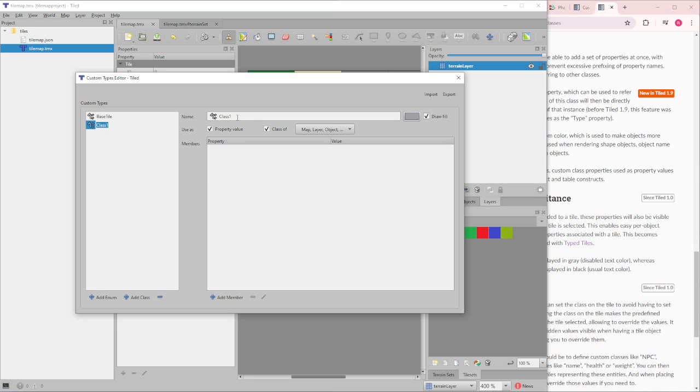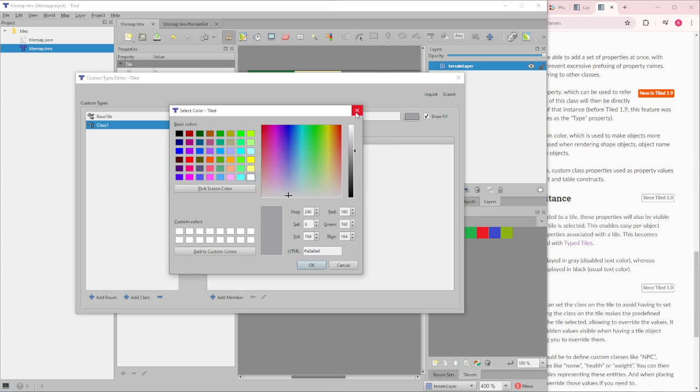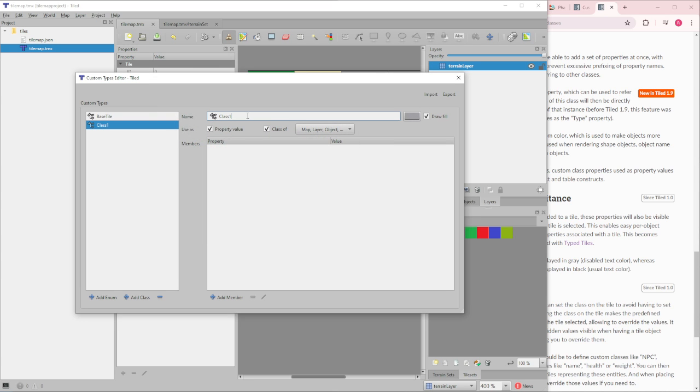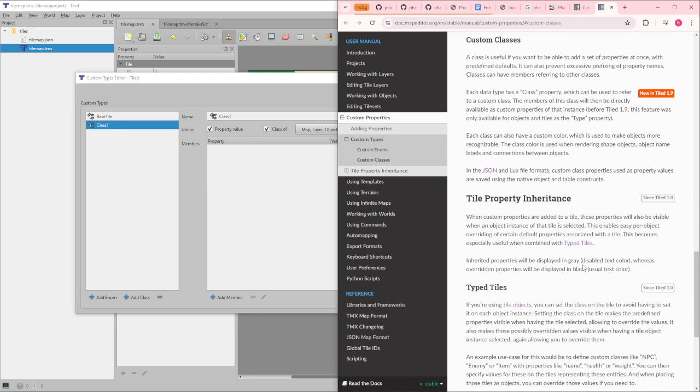Okay, if I add another class, how do I make this? When custom properties are added to a tile, these properties will also be visible when an object instance of that tile is selected. That enables easy per-object writing of certain default properties associated with the tiles. This becomes especially useful when combined with type tiles. So classes can be